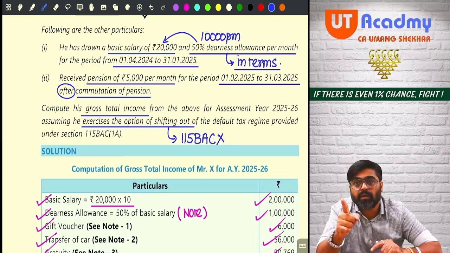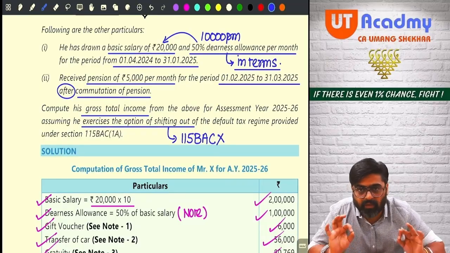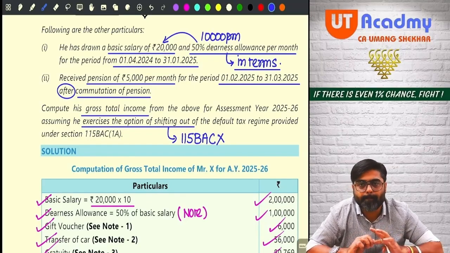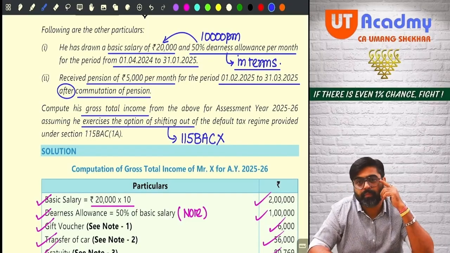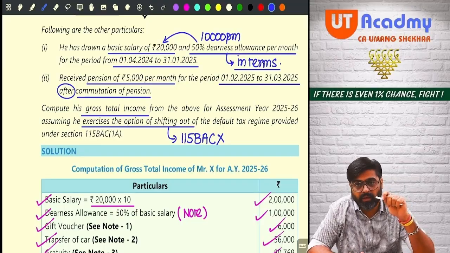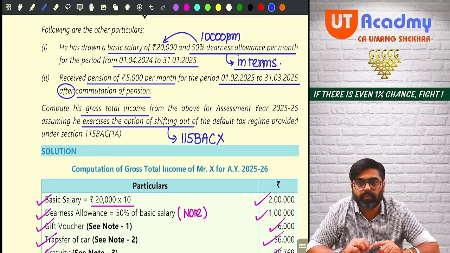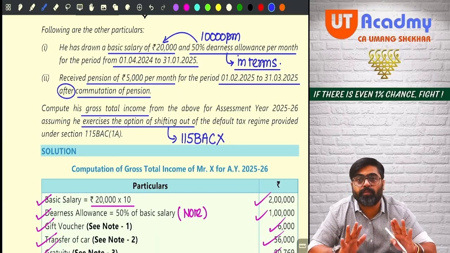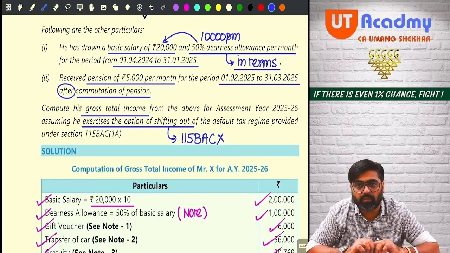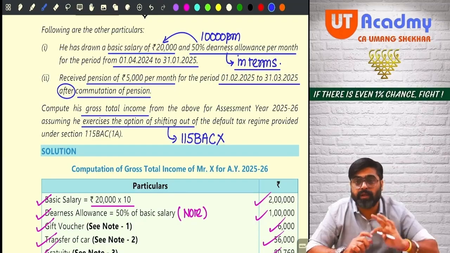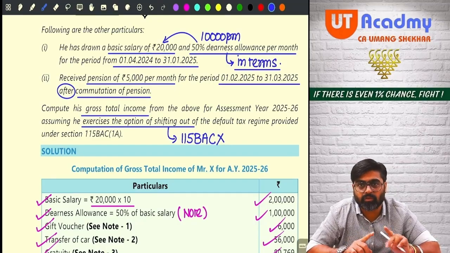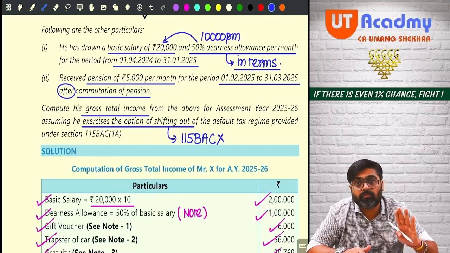In the given question, since the leave salary amounting to rupees 3,30,000, which was given for 11 months of leave credit,